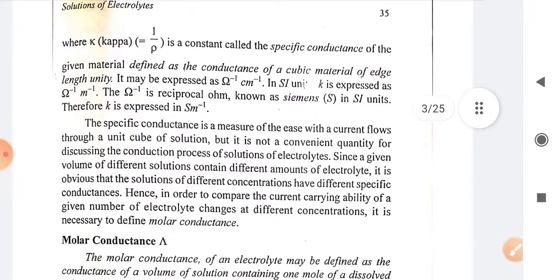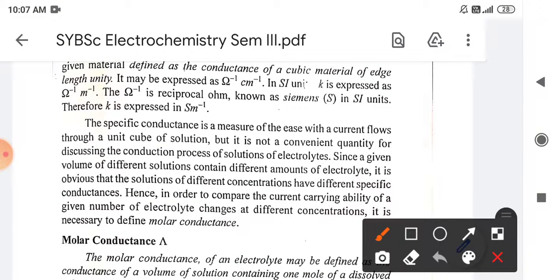And also the reciprocal of this ohm is known as Siemens. So the SI unit for this kappa can also be expressed as Siemens per meter. So you might be given the unit in terms of various terms, like,